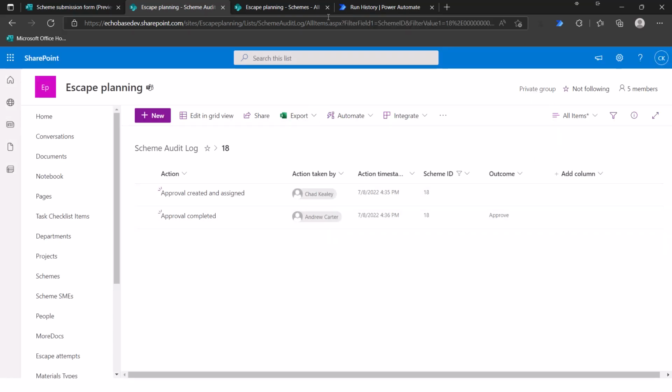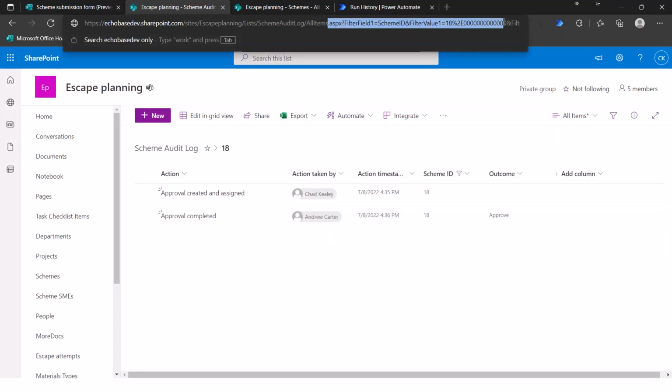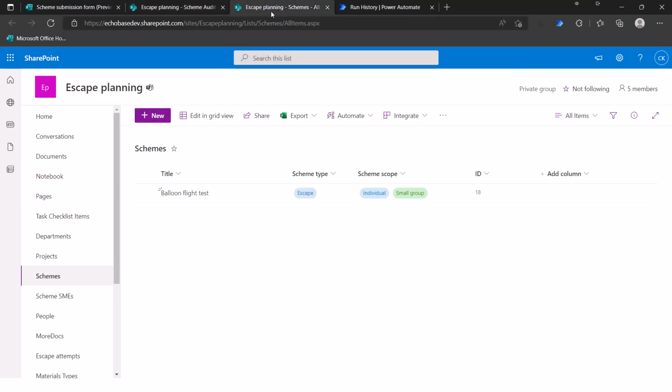And then we have this format that we can use as part of the list formatting or column formatting rule over in the schemes list, so that this would actually be a hyperlink over to the view of those entries. So that's another video for another time,